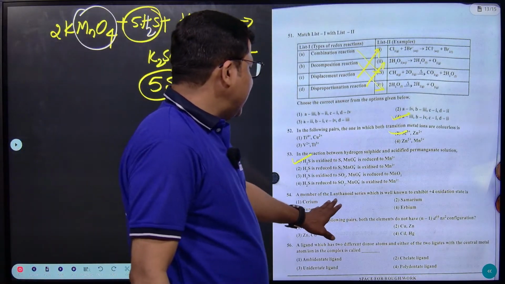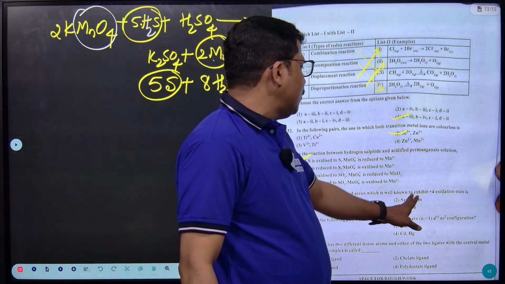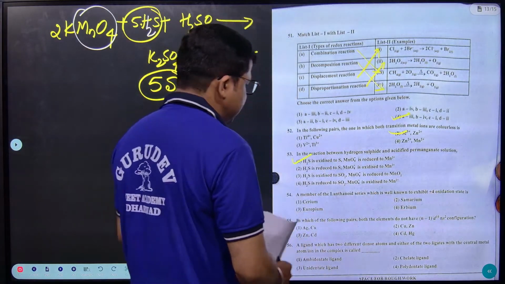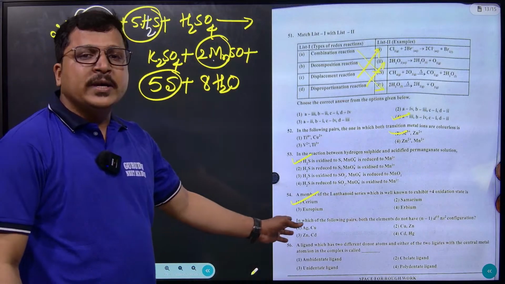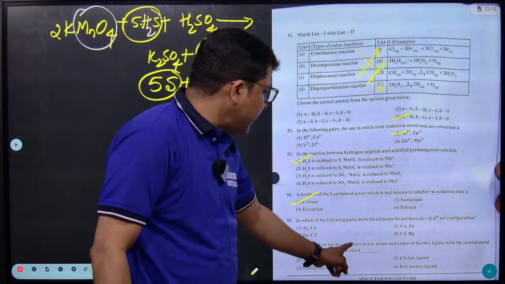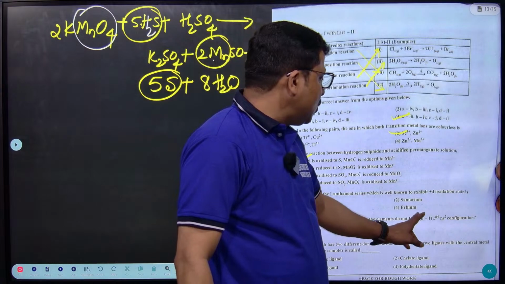A member of the lanthanoid series which is well known to exhibit the +4 oxidation state is none other than cerium. And in which of the following pairs both the elements do not have